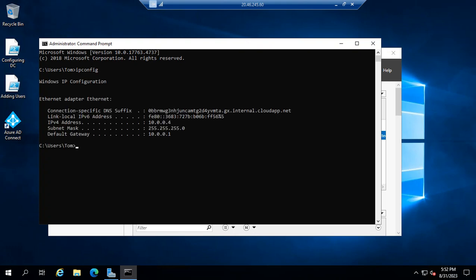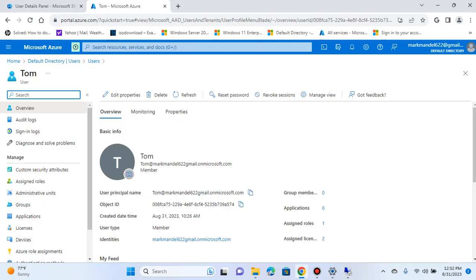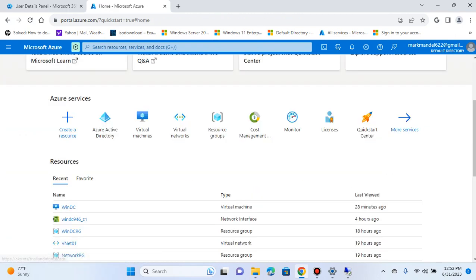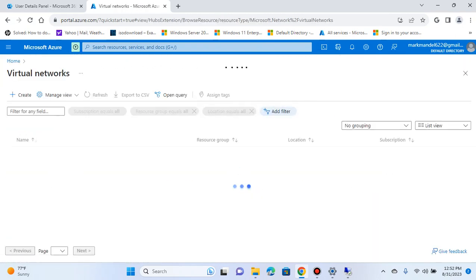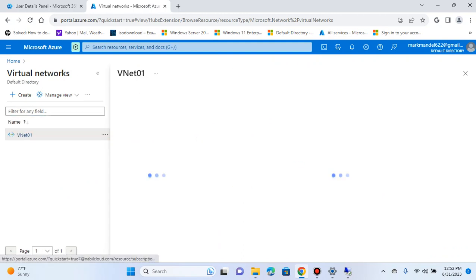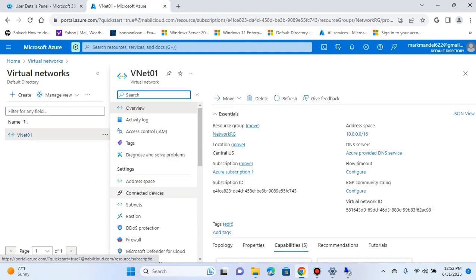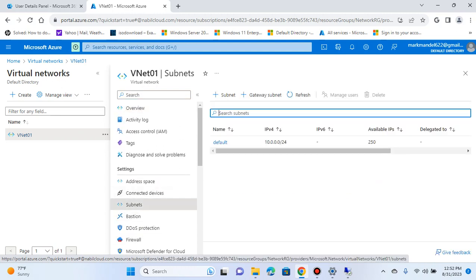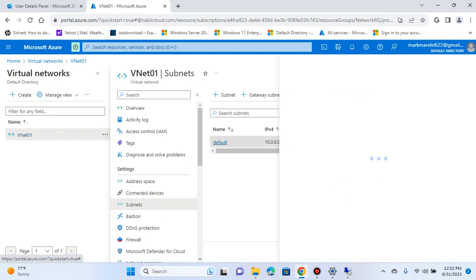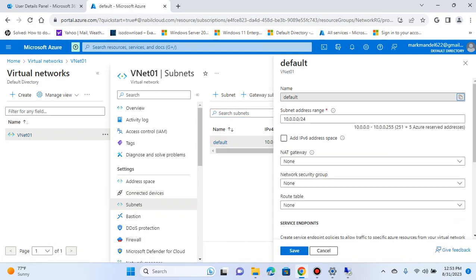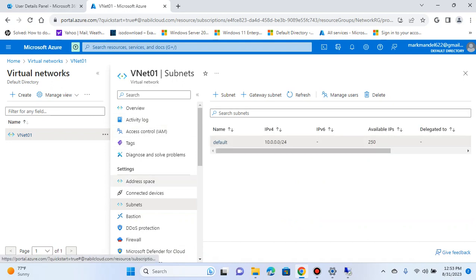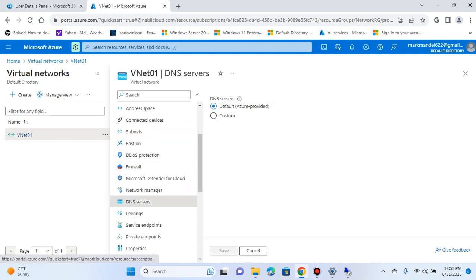On the Azure part, we have to set the VNet, basically on the DNS part, to be pointed to this specific address in here. And as you can see here, I just want to make sure on the DNS server here,